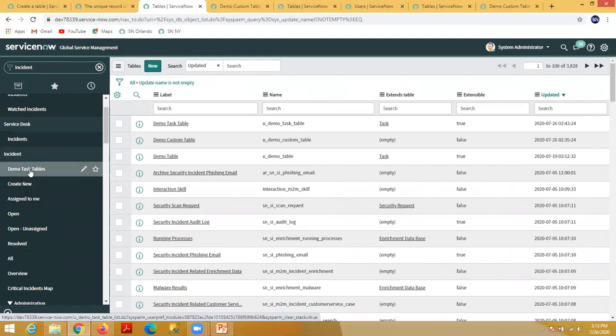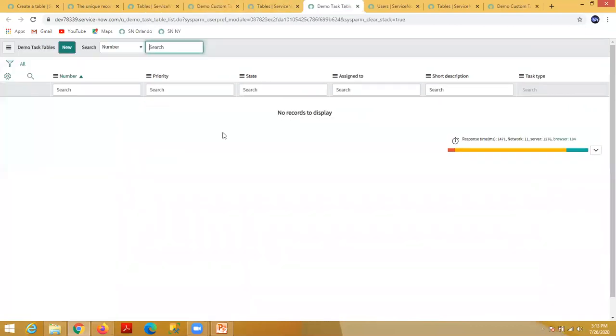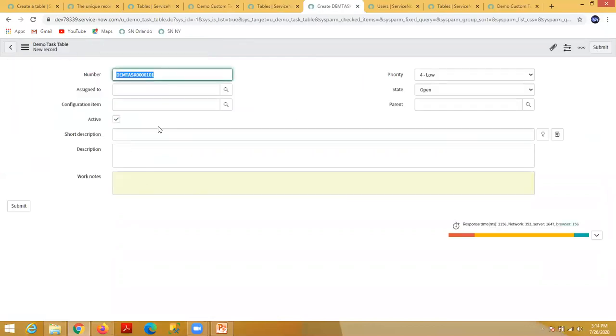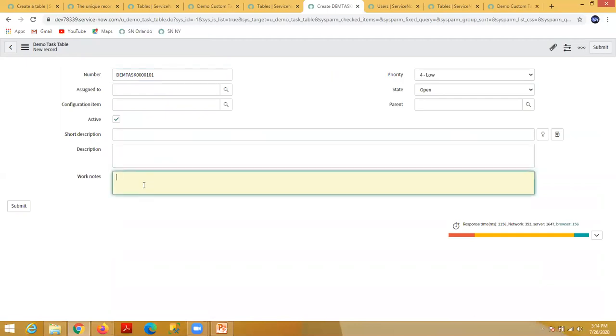See, this is our module. If you click on New, you can see these fields: assigned to, configuration item, short description, description, work notes. These columns are available inside this table because this custom table inherited from the task table, and these columns automatically came here.